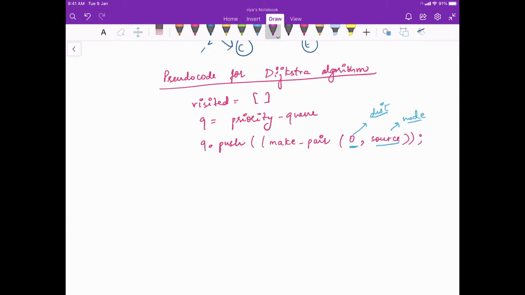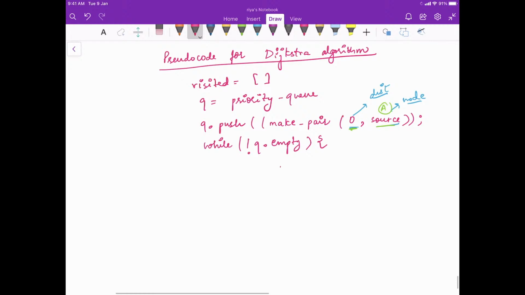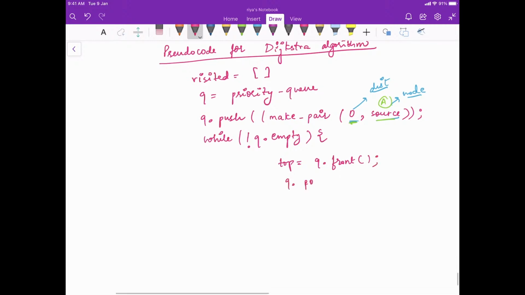तो currently अगर मैं start कर रही हूँ let's say यहाँ पे A पे, ठीक है, if I am starting from A, तो A का distance A से तो 0 है, and this is the node A that I will be passing here, ठीक है। Now till the time while the priority queue is not empty, right, what I'll do is I'll quickly take the element which is at the front of the queue, I will pop it, right, I will keep the distance, so when I do top dot first, तो मेरे को क्या हो जाएगा, I will get the distance value, और जो नोड थी मुझे वो भी मिल जाएगी।